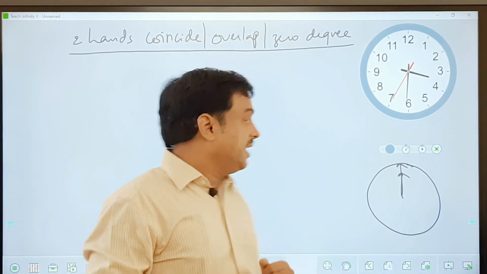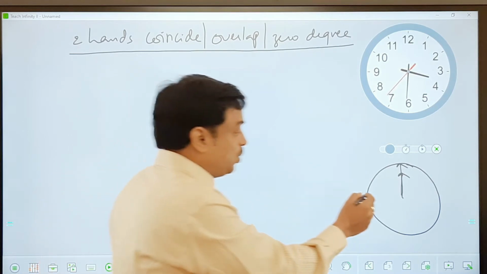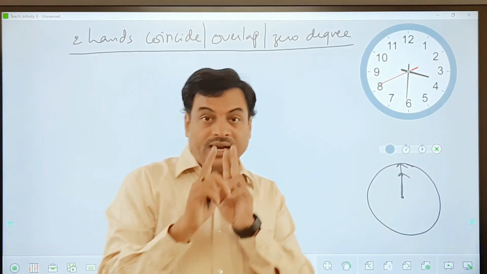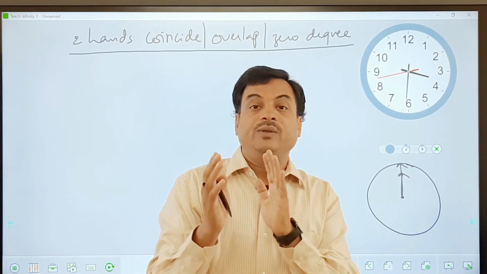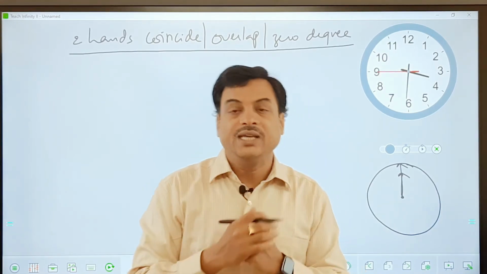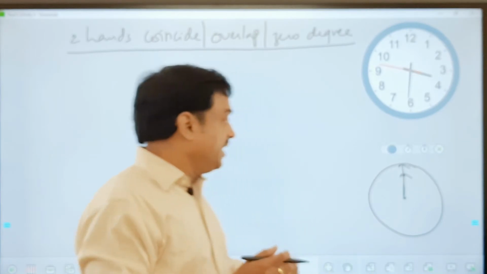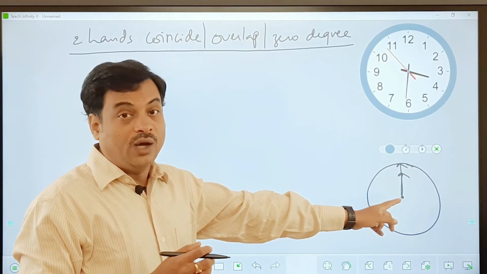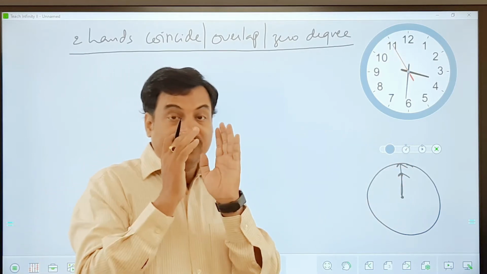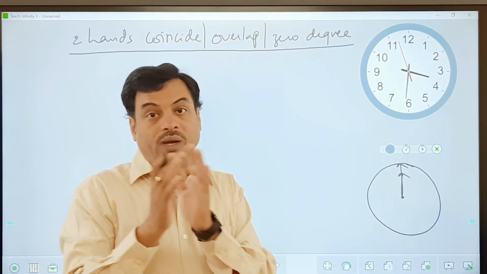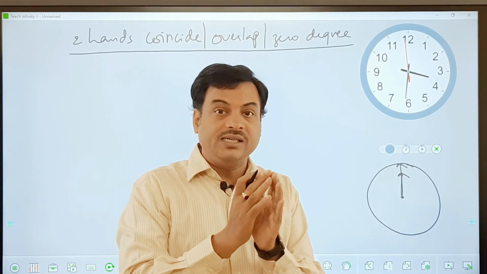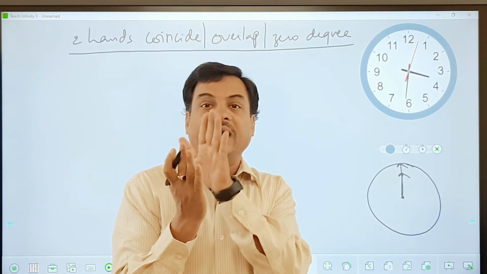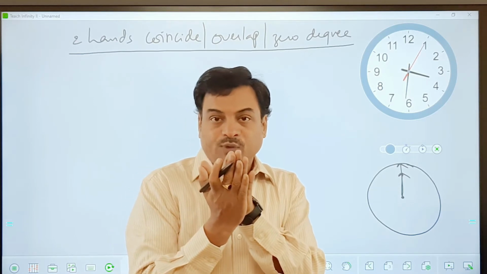I can also say the two hands are directing towards one direction. So when two hands direct at one direction, the angle between the two hands will be 0 degrees. Now you can see by this diagram everyone can say that the time right now is 12. So when it is 12 noon or 12 AM, I can definitely see the two hands are coinciding or overlapping, or angle 0 degrees. Okay, so all these are possible.